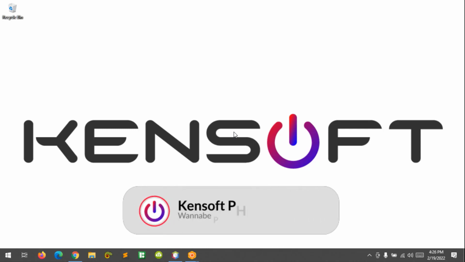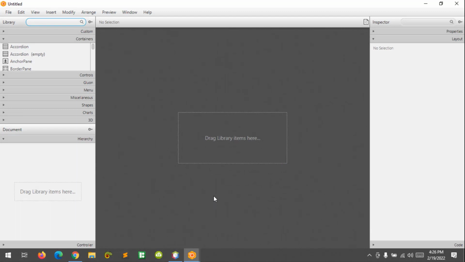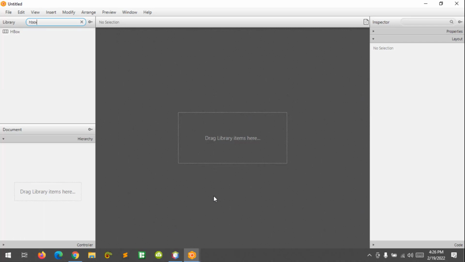In this tutorial, I'm going to show you how to use the horizontal box or HBox in JavaFX. So the first thing I'm going to show you is how to use the horizontal box. And the horizontal box arranges its children in a row style, which means that if you are going to add